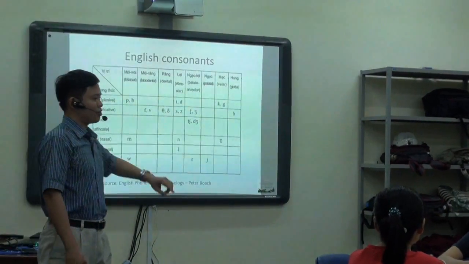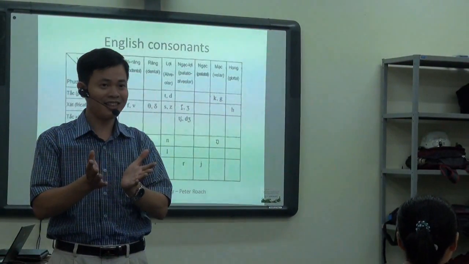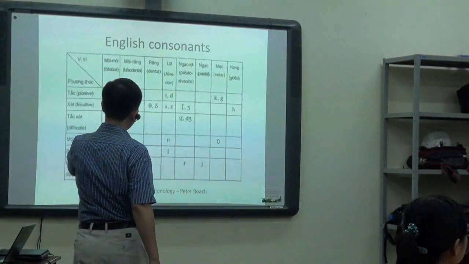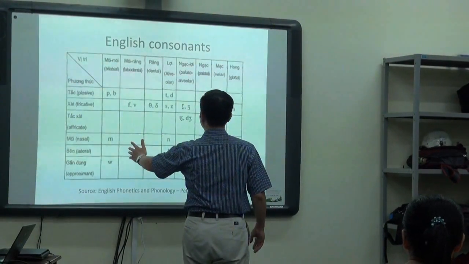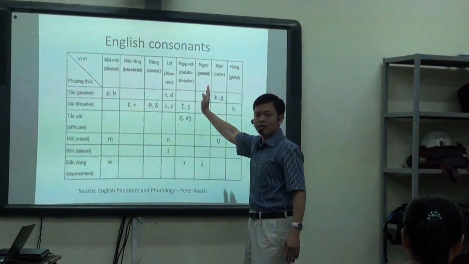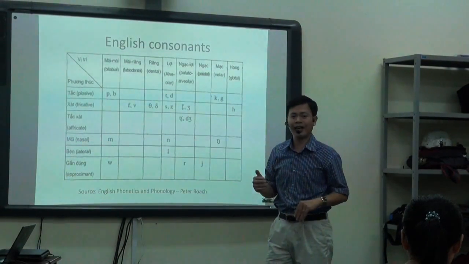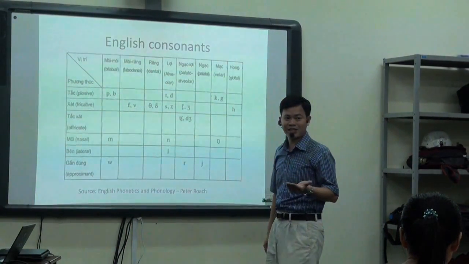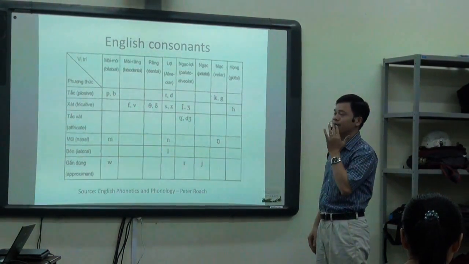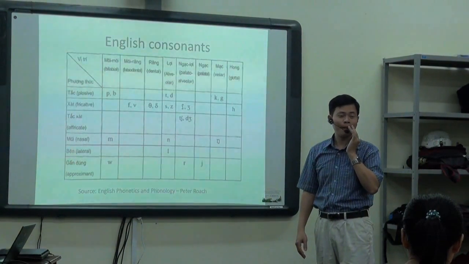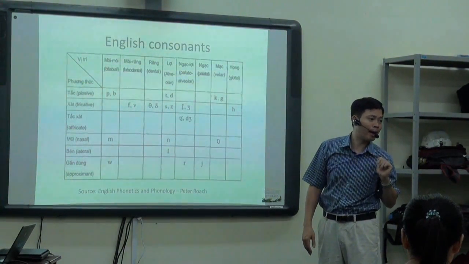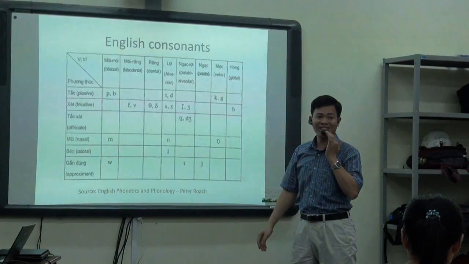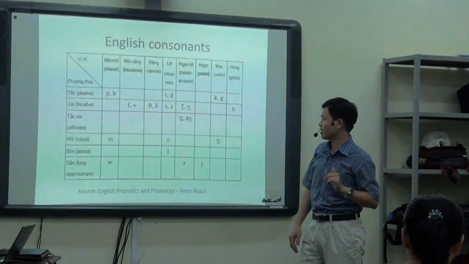Now, this IPA chart is familiar to you, okay? It's also taken from Peter Roach. So, consonants in English can be categorized by place of articulation and manner of articulation. Okay, place of articulation, whether by lips like m, ba, right? It can be by lip and teeth coming together like va,